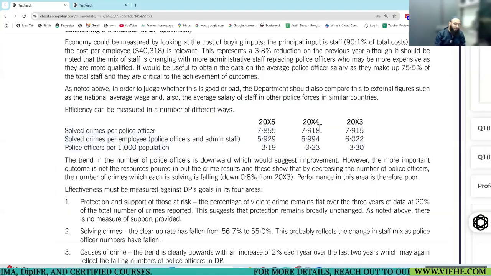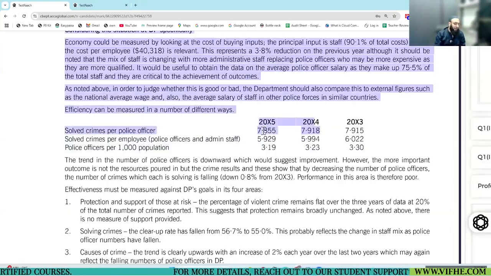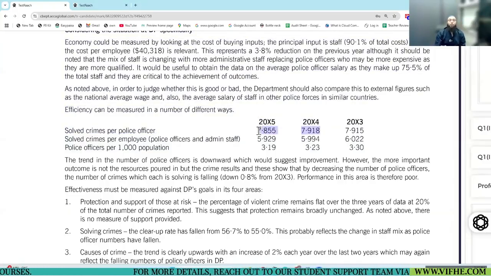Based on this, they've analyzed it. Like you can see, solved crime per police officer is going down. What could be the reason? Number of police people are going down. We have seen that. Maybe this could result in solved crime per police going down. Okay. Similarly, police officers per 1000 population is also going down.